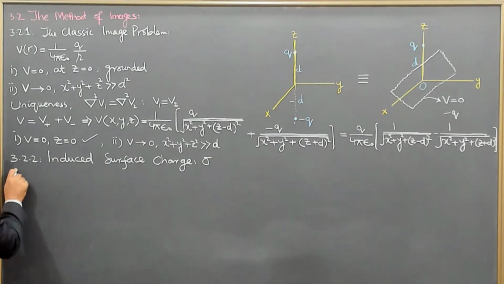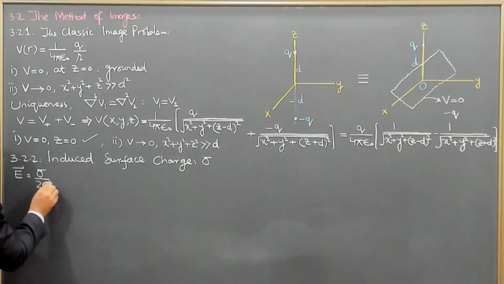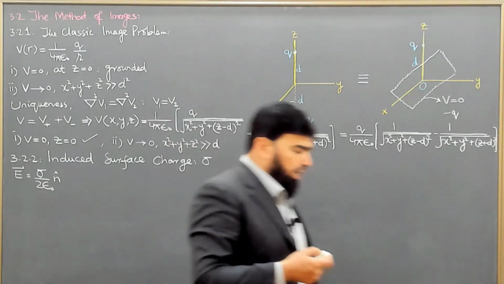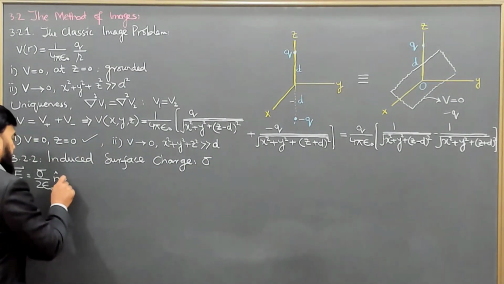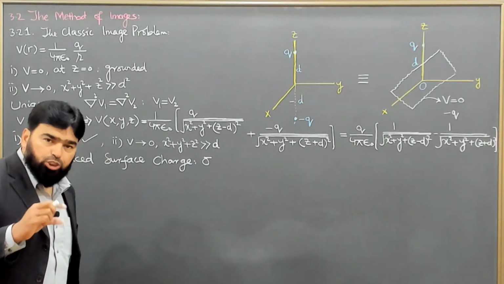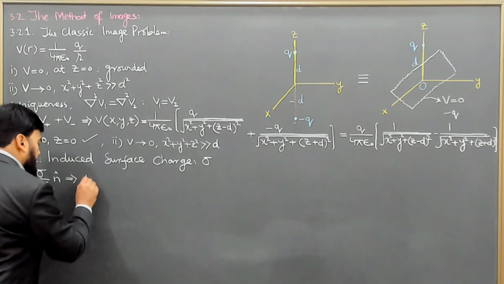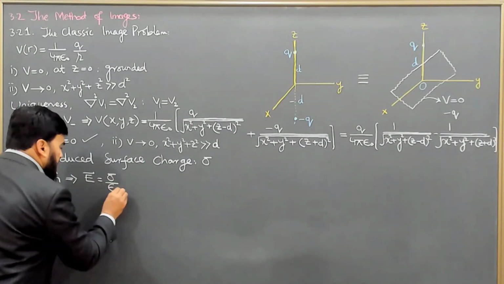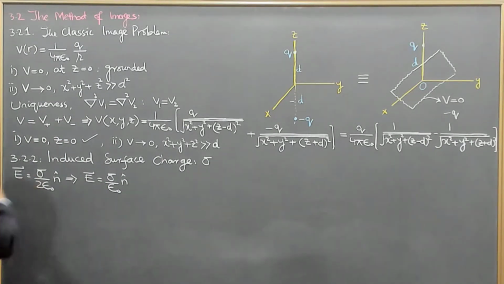Hopefully you remember that E is equal to sigma over 2 epsilon naught, in some direction, let's say n head. This was the electric field for an infinite sheet of charges. And when we are having the electric field between two sheets, then this is double of this one, and it implies that E in that situation is sigma over epsilon naught times the n unit vector. Means 2 times of this, so 2 will cancel.